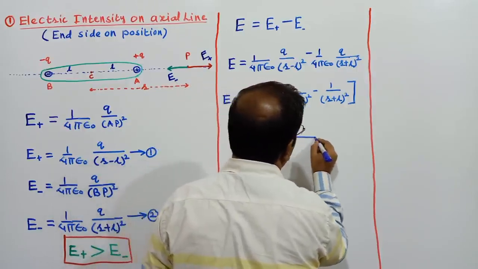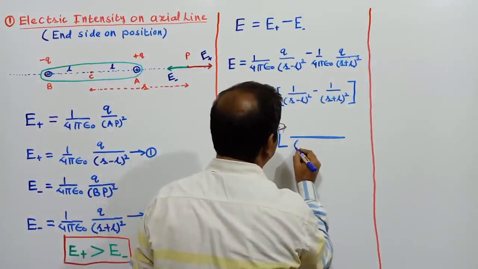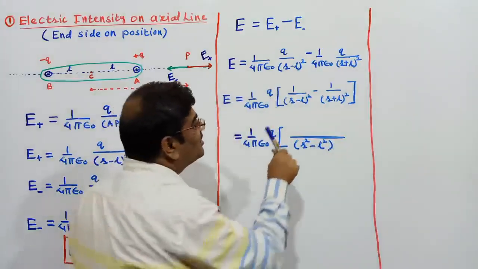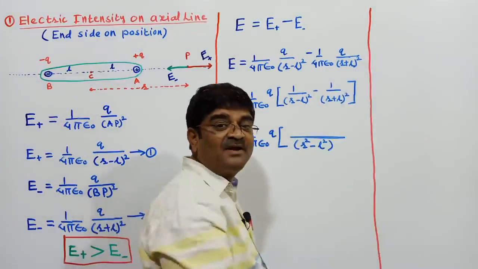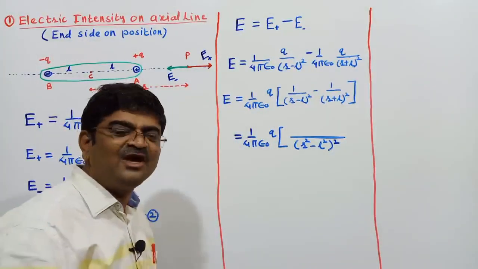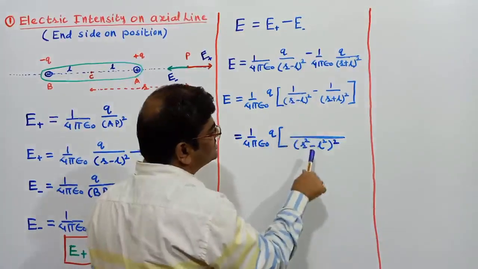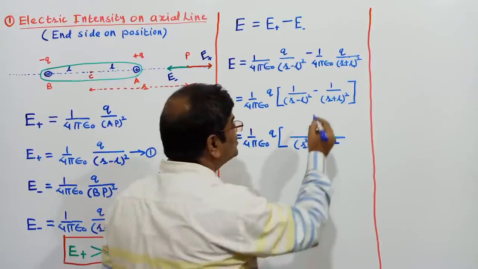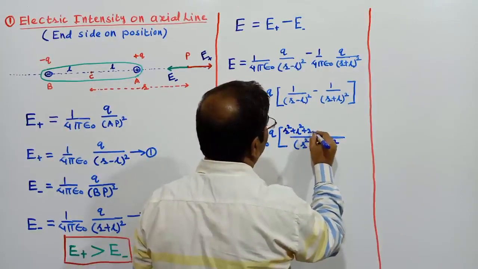And here I write, hopefully you get the hint which I have given. I write this as r square minus l square. But it is r minus l, r plus l; if it was, I would have got this much. But I have a square of the bracket, so I will have here square of that. Okay, so you can do that, simple mathematics. Now I'll have to divide by this first, and I get this bracket. You can say simultaneously I'll expand also that I get r square plus l square plus 2rl.